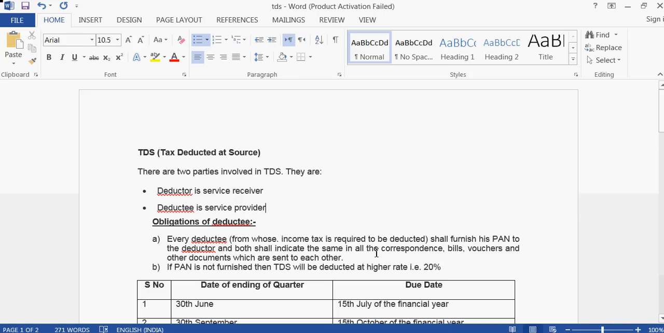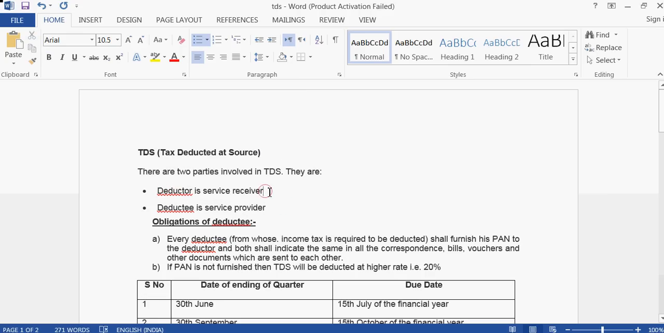Hi guys, today we'll learn how to post service tax entries and TDS entries in Tally. Before that, we'll discuss TDS, tax deducted at source. There are two types of parties involved in TDS. They are the deductor, who is a service receiver,